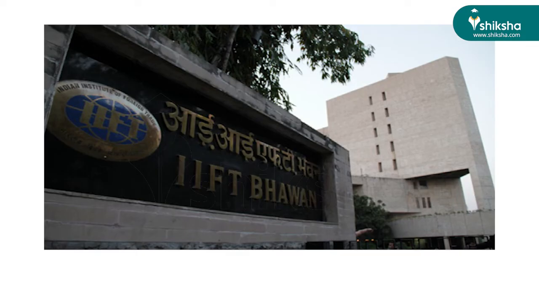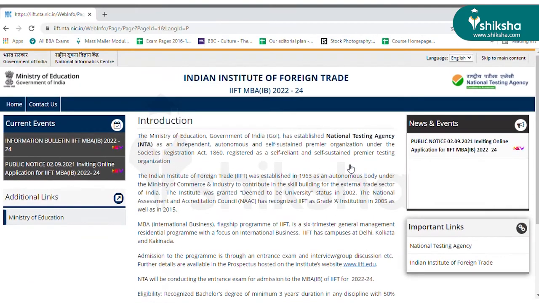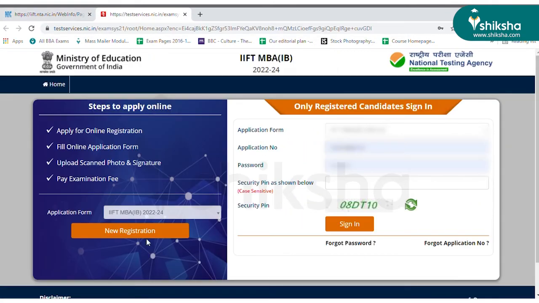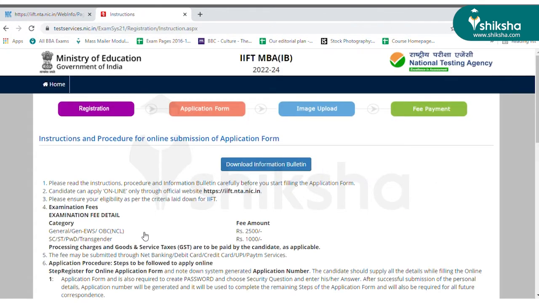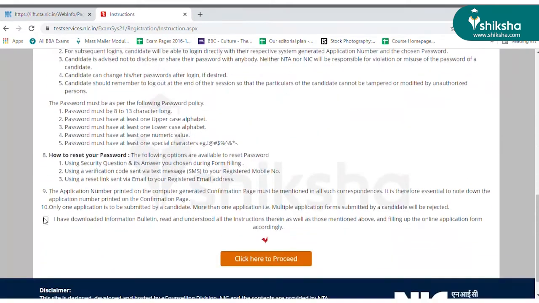To fill the IIFT 2022 application form, candidates have to register on iift.nic.in website. To register, click on the tab indicating Apply for IIFT MBA IB. In the new page, click on New Registration. Read the important instructions related to IIFT application form filling and click on the check box and proceed to the